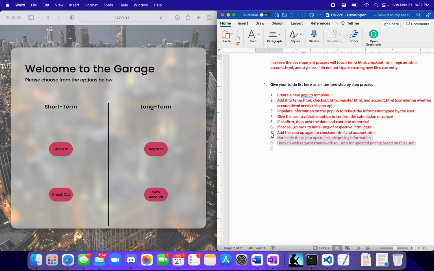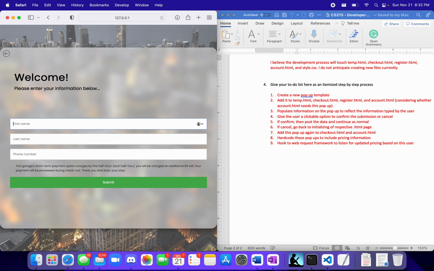And I wanted to work on including pop-ups about the pricing. I didn't get to work on the pricing this week, and that's just because I ended up having to add more tasks to work on making sure we get the GUI to the minimal viable product stage. And I'll show a little bit about the functionalities that I had to add this week in addition to the tests I had here. So if we go to short term, we can type in my user information here, and